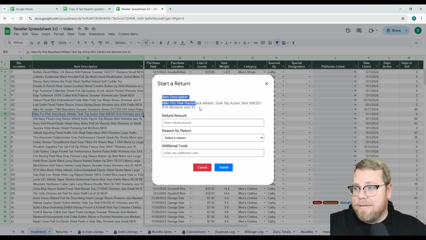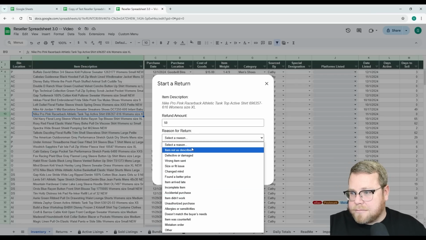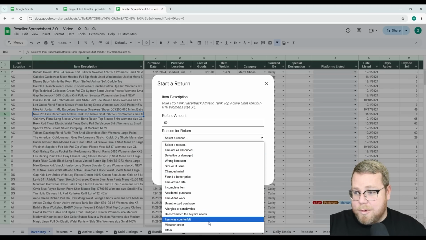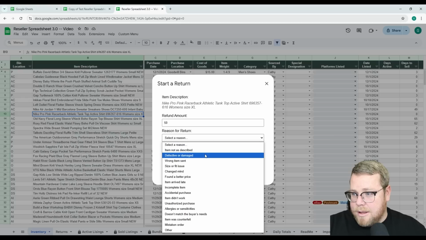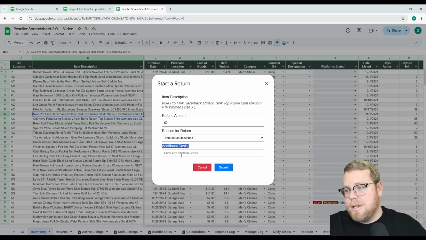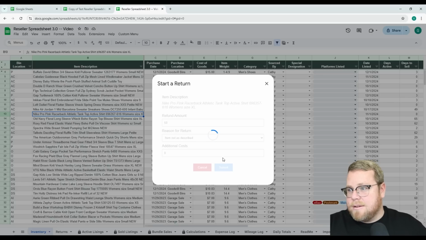And so we have the item description. You just want to verify, yeah, I did select the right one. And then whatever you need to refund it, I don't even know. We're just going to do a random number. Got to pay him back $50. And then you can select a reason here. Again, this is a customizable drop down, but don't remove the ones that are required. Let's say, unfortunately, it was an item not as described. And then additional costs here. You probably won't have very many additional costs right up at the beginning here, but you can always customize it and then later on. So let's go ahead and submit that,